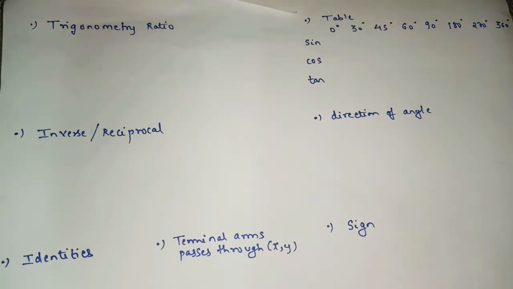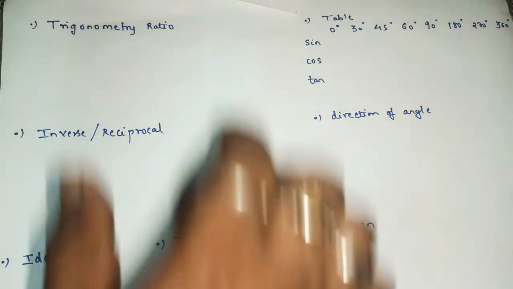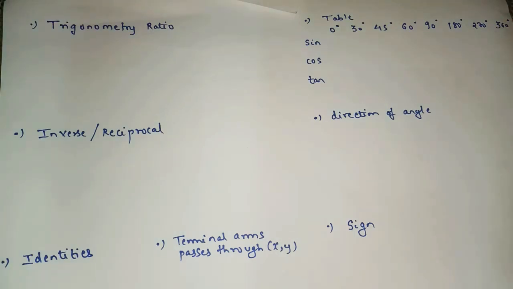I will say that this chapter, Trigonometry Part 1, is actually a combination of your ninth and 10th standard. There are some new formulas and new concepts introduced in your 11th standard. When you go through the formulas, you will come across that all the formulas were there in your ninth and 10th standard, with no new concept. But there are a few new concepts.